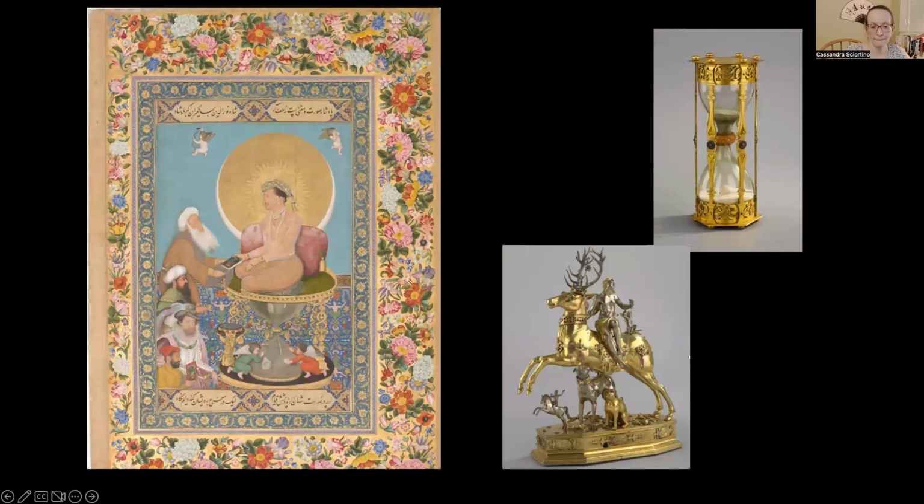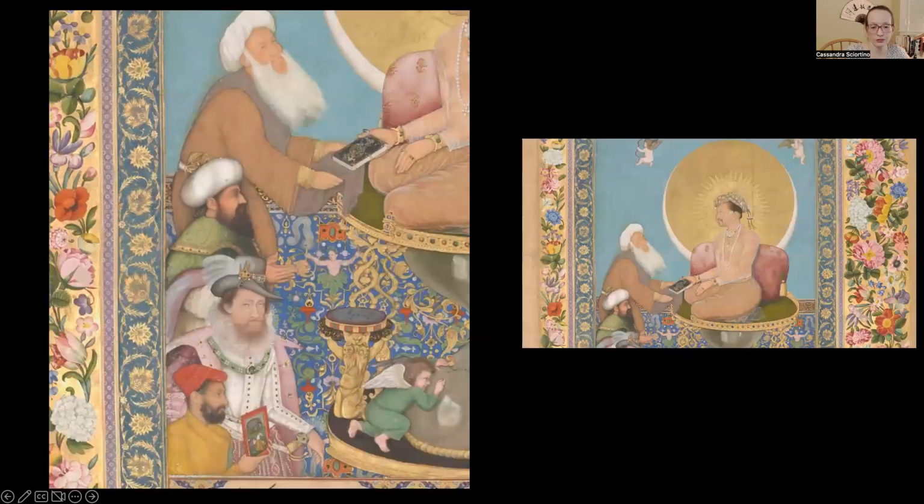And so here we have a work of art that's drawing together numerous different aesthetic traditions. If we look closely here, we can see very different kinds of faces and characters. We have the mystic Sufi, and then here we have the artist Bichitr himself presenting an album. And then significantly, we have King James, who is a European, obviously,